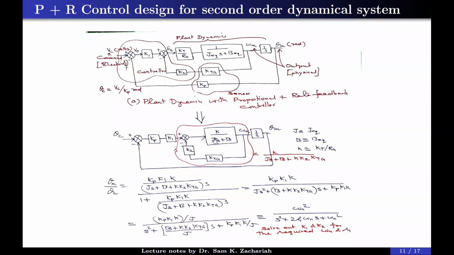Using the same gain, if you are putting in an extra integral path, it will introduce a pole zero pair, and that pole zero pair will be close to the origin. The effect of that pole zero pair is that it will introduce a long tail in the settling portion. The settling time will be affected, but from the overall dynamics point of view, the rising portion will not have much effect if you are keeping the integral gain small.